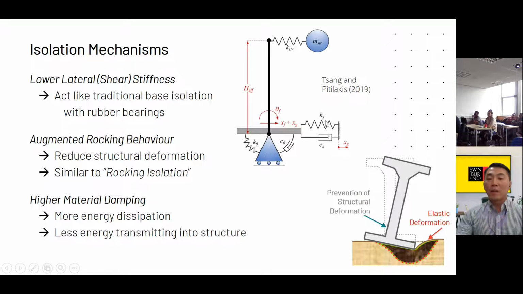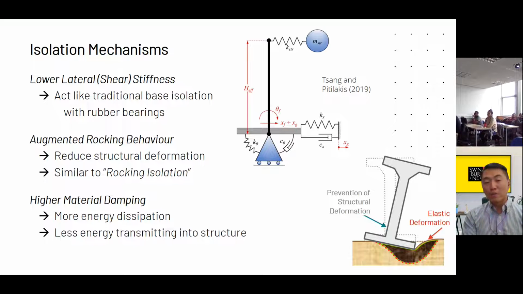And so the soil properties can be represented by the springs Kx and K theta here, and also the dashpots, which are representing the damping. So that means when we have a soft layer, then Kx will be small. The stiffness on the ground will be small, and also the rotational stiffness would also be small. And so that would also facilitate the rocking isolation. And in fact, people have been also studying the concept of rocking isolation. But until we started this study, people haven't really thought about changing the materials